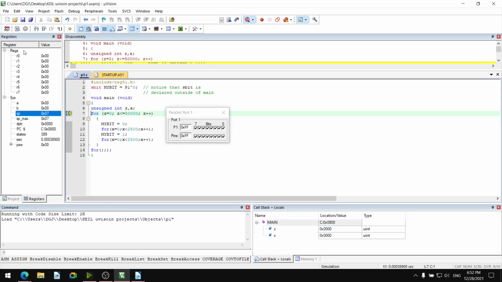Start the debug session, run the code, and we can observe here. Let us observe on the port P1. 0th bit is toggling, isn't it? 0th bit is toggling.